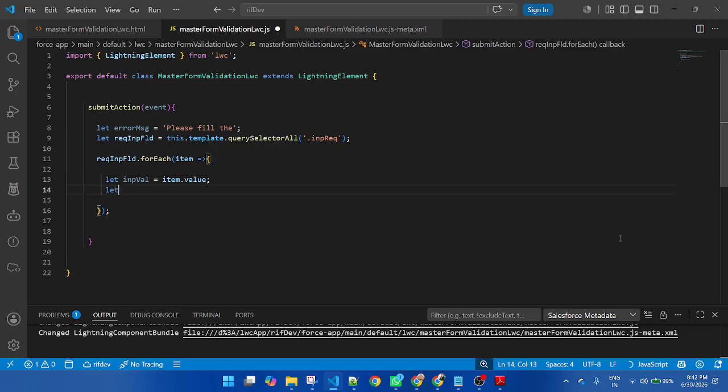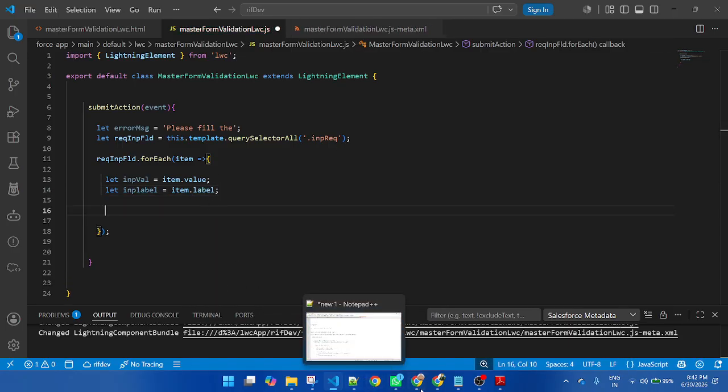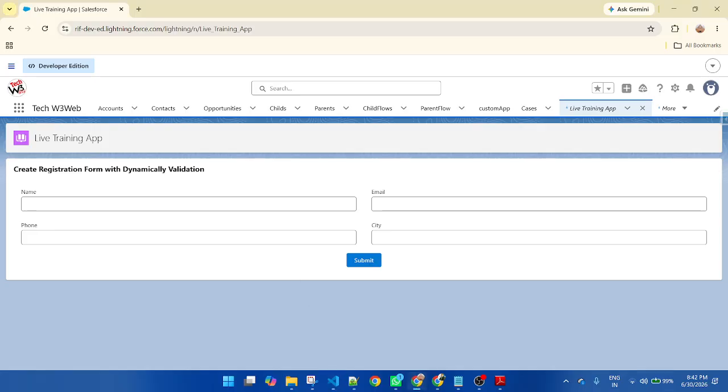Then create another one, let input label, item dot label. So here I am getting the value and label. That means these are all of the labels, and this is the value I am getting. So when we click on the button, I will get all of the inputs and all of the values.